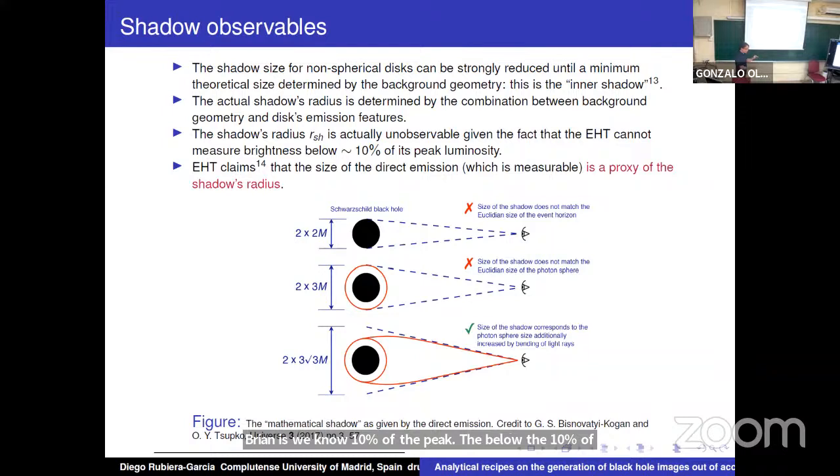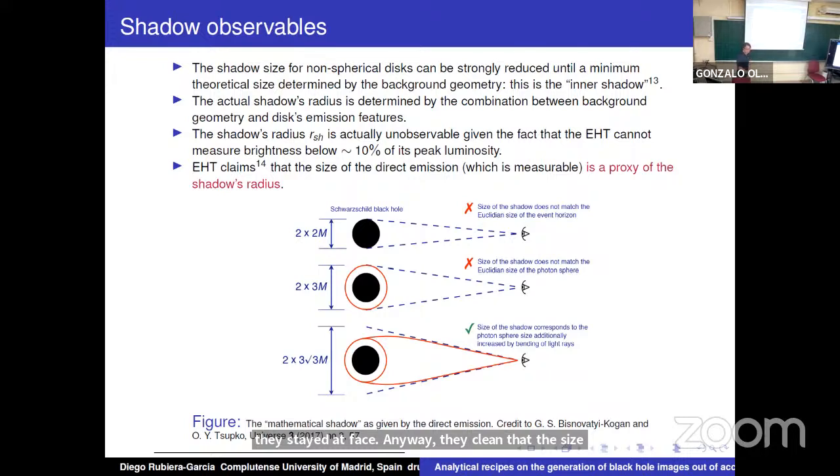So the size of the shadow they can determine has this bias already built into it. One has to be careful when taking these things that they state at face value. There are several caveats here. Anyway, they claim that the size of the direct emission, which is observable, is a proxy of the shadow ratios,